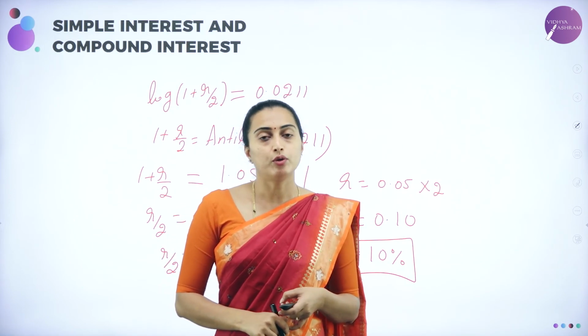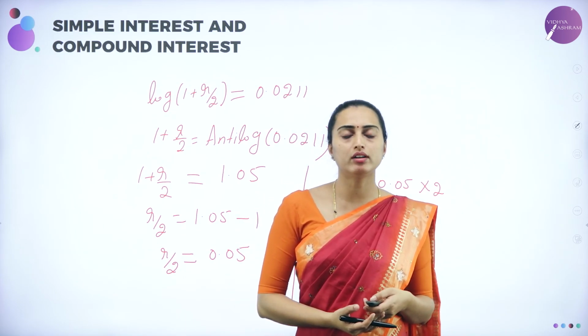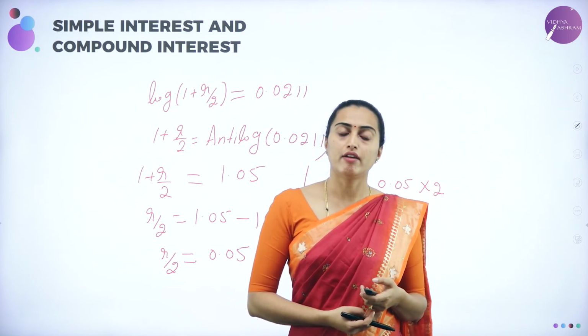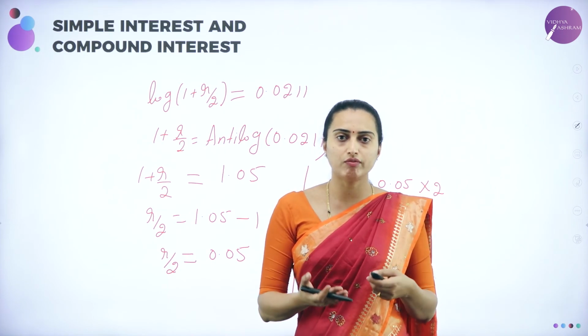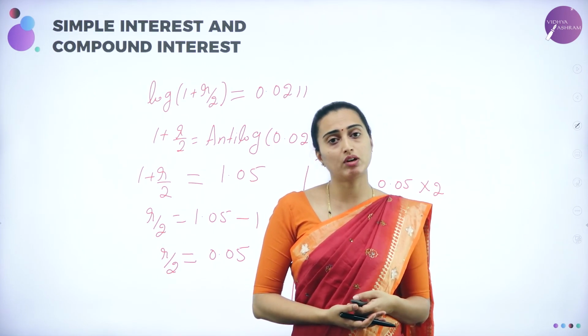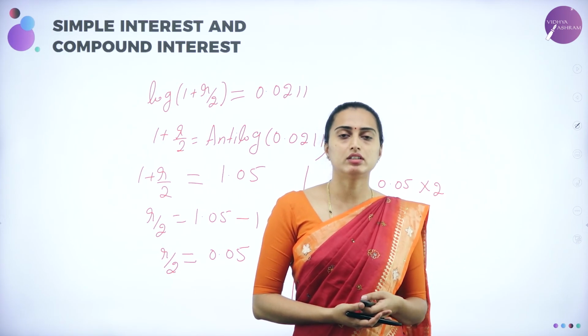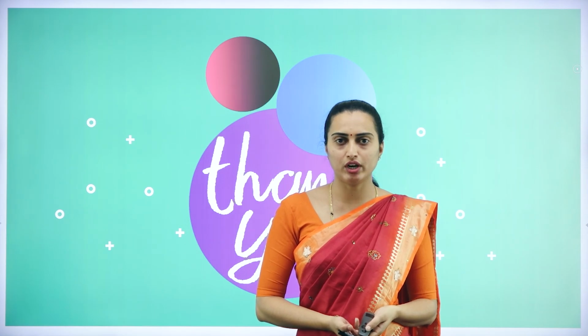Okay. So I hope you understood this session, how to solve the problems on nominal rate and effective rate of interest for 5 markers. In the next session, we'll be moving on to still more problems of simple interest as well as compound interest, or the extended part of compound interest. I hope you understood how to solve the problems using the formula based on the nominal rate and effective rate of interest.